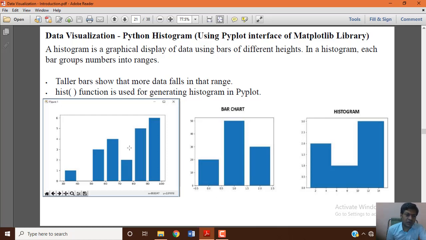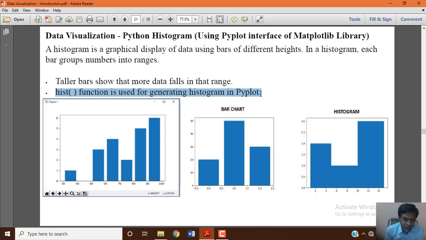Taller bars show that more data falls in that range. And hist is the function we use to generate a histogram in Pyplot. It takes the total values and divides them into subgroups, starting from the lowest value and highest value of the given data set.